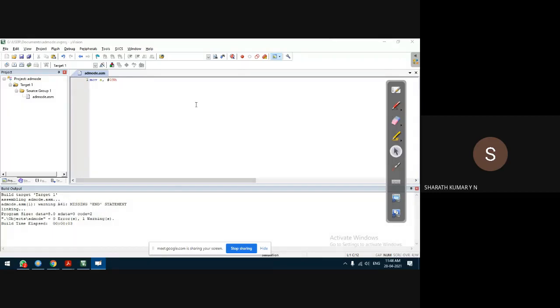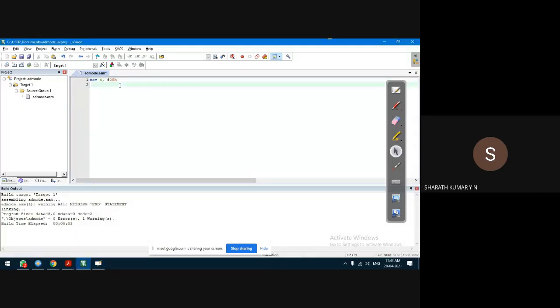If you include the end assembler directive at the end of the program, let's say you have written some lengthier program, at the end you include end. It can be small letters or capital letters also, because assembly code is not case sensitive. After writing the program, what is the first step? You have to save the file. Since we have already saved, just save the file.